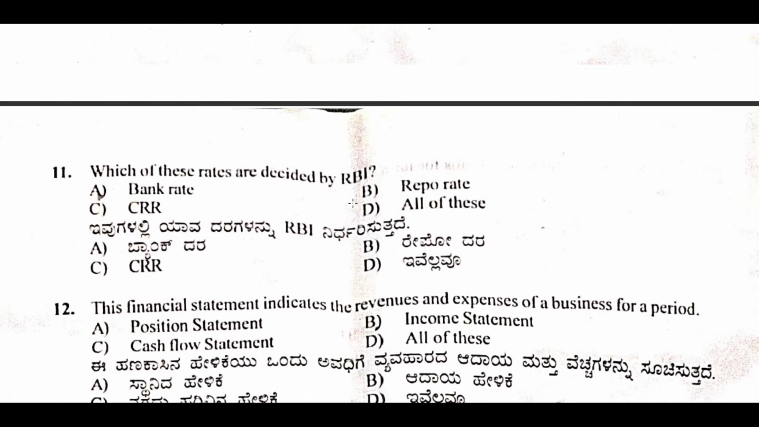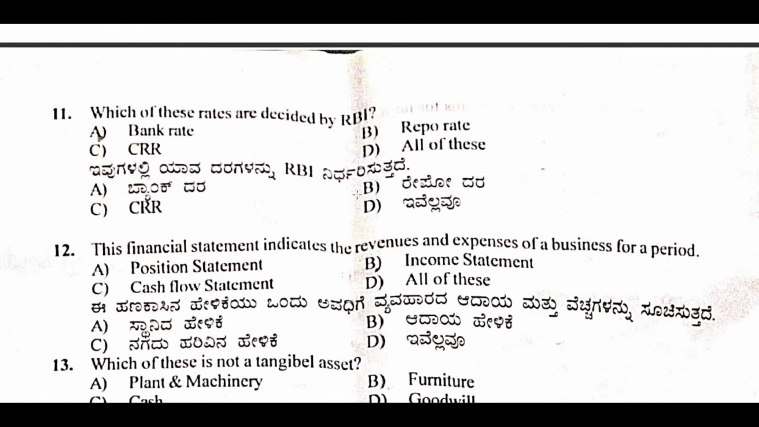Right, so next question, question number 11. Which of these rates are decided by RBI, the Reserve Bank of India? Option A, bank rate, or repo rate, or CRR, or all of these. Here CRR is the cash reserve ratio. Many times we hear about the bank rate and repo rate. So the right option is option D, all of these,